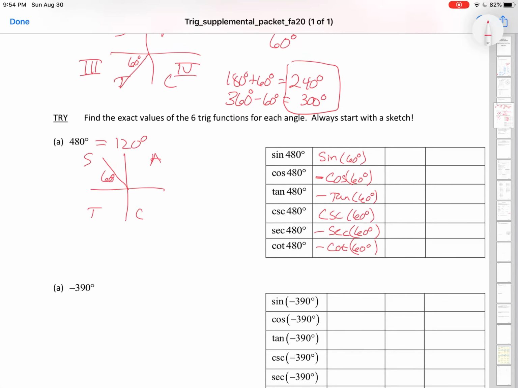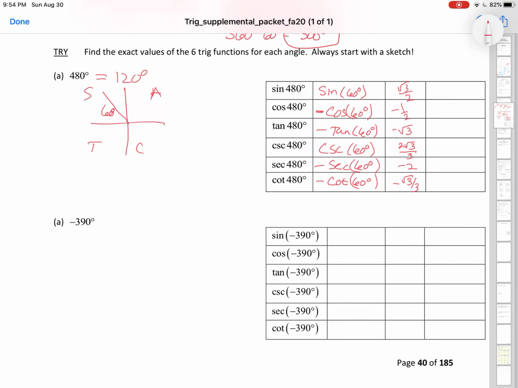of 60 degrees. So by memorization, what's the sine of 60 degrees? Root 3 over 2. If that's root 3 over 2, then the cosine is 1/2, and it's going to be a negative because it's in that second quadrant. Tangent is going to be sine divided by cosine, which leaves my root 3 on top. And then we're just going to flip everything. And so I'm going to get 2 root 3 over 3. And I'm going to get negative 2. And I'm going to flip that and get negative root 3 over 3. So it's really just those first three that I need to memorize, and then I can just flip the other